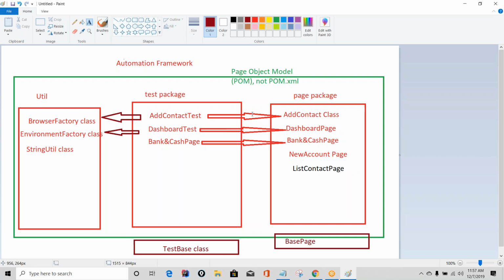Page object model is not a framework. Yeah, that's what my question was. It's not a framework. It's what? The style. It's a design style. Not a type of framework. There are different types of framework, and BDD versus TDD is something else I want to get to another day. But I want to show you a couple of frameworks first, then take you to that class and explain what are the differences. Okay? So this is a style. This is a framework. If you ask me what kind of framework,